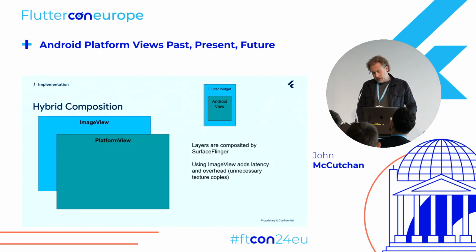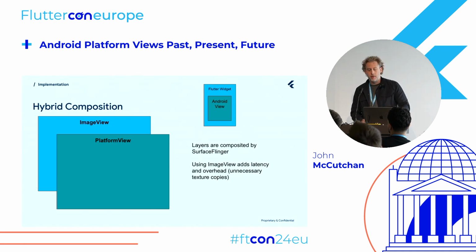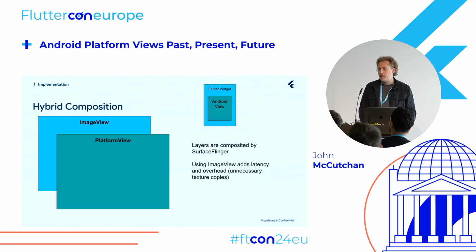So then let's say that we add an Android view, a platform view, to the app. Dynamically, the engine will switch the surface view hosting the Flutter content to an image view, and then put the platform view where it would actually be in an Android application. So the Android app is rendered as it normally would be and composited by Surface Flinger. Unfortunately, the image view adds a lot of overhead and latency,